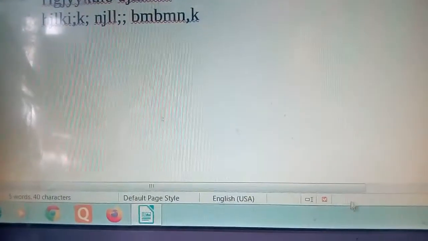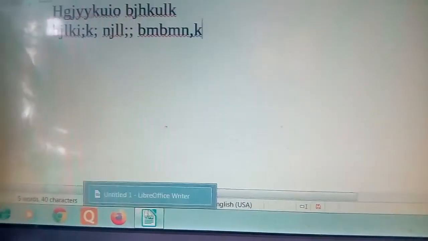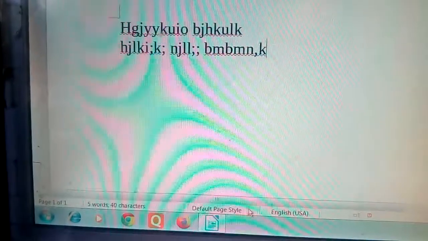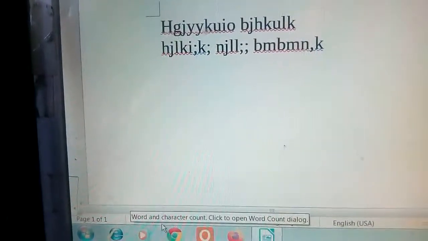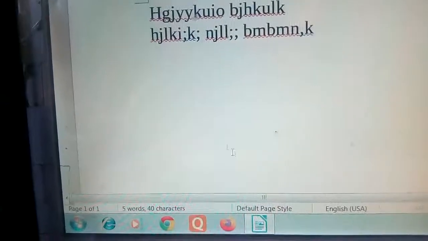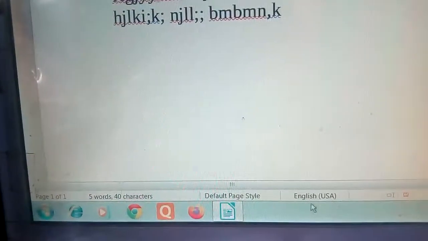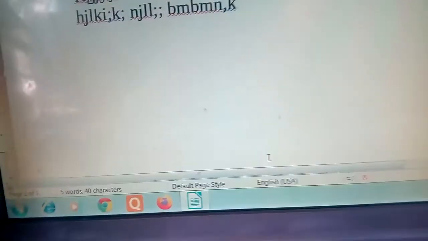So next one is the status bar. This one is the status bar. Okay, so it is at the bottom left of the Writer. It actually displays the total number of pages. Here you can see the total number of pages, then words, characters, means here how many words are there, all these things you can see here in the text document. Okay, and the language, in which language the text is, that it will show. So all these things you can see over here.